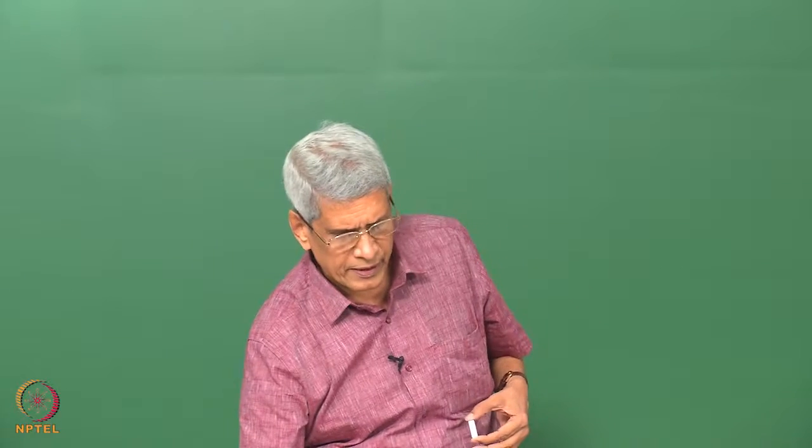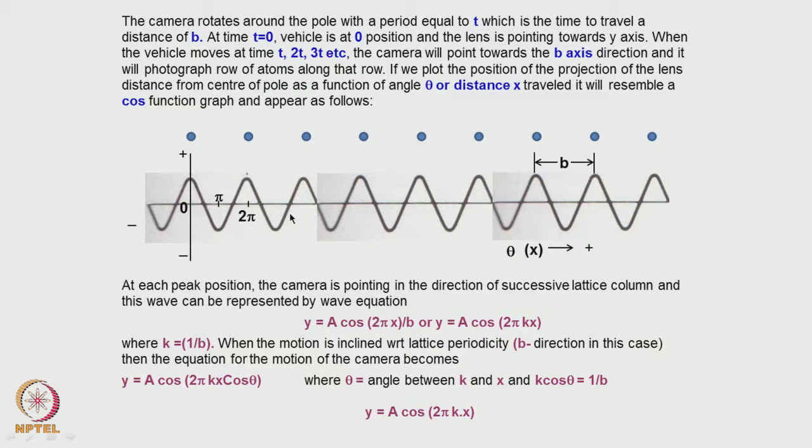In that case, the distance which I will be travelling here will be much more, correct. That means the projection of this onto this one has to be taken. That projection, if you try to take it, is nothing but a dot product, correct. That is essentially what we write as y equals a cos 2 pi, correct. This way we can consider it.